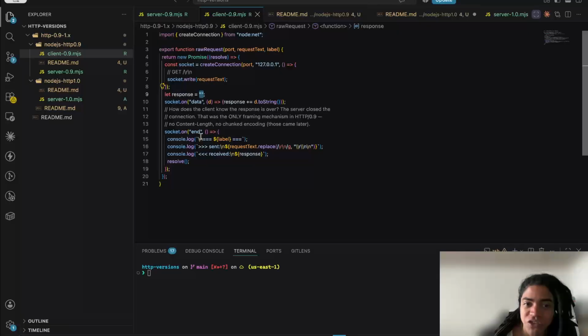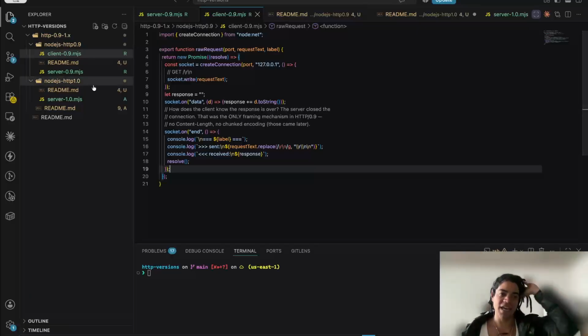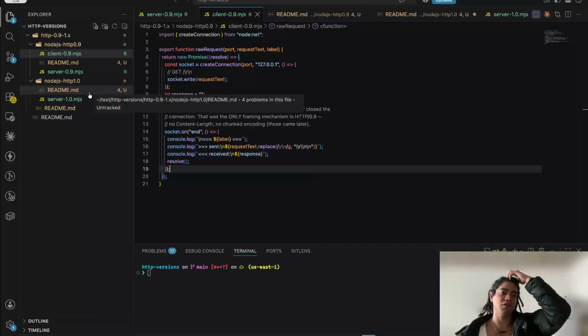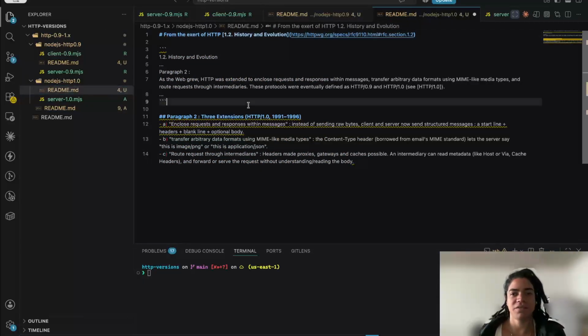And when the connection ends, I want to show you what came back. So all of this is just HTTP 0.9. And in the context of the server here, that is finally